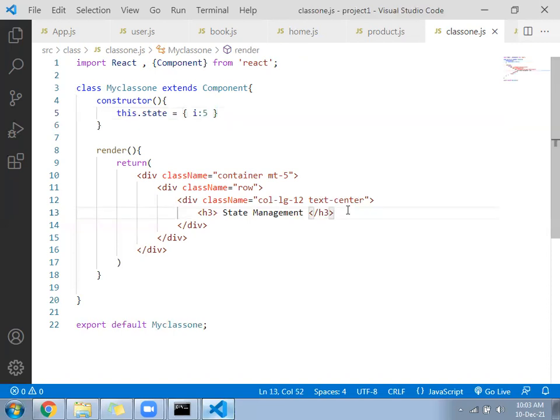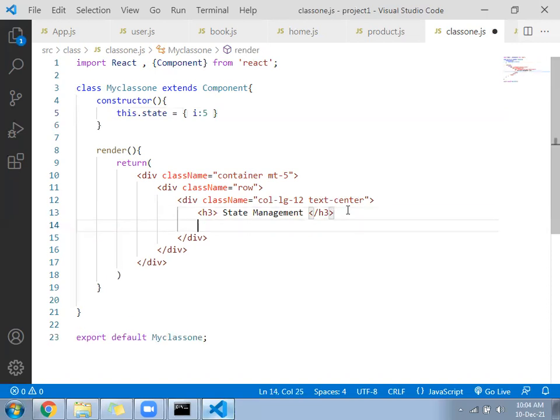Now come inside your HTML block, follow the h1 somewhere. Inside that you print the counter. How to print the i? i is part of the state.